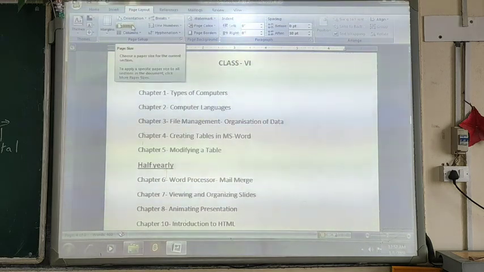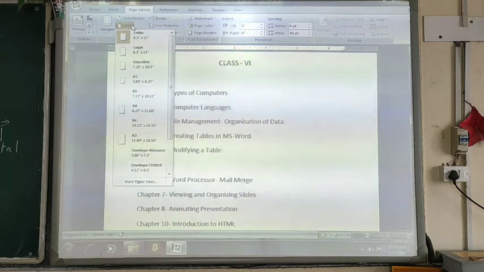Now you can see there is the option Size, and as you click on this option, there are different sizes of paper already defined by default within the system, like Letter, Legal, Executive, A5, B5, A4, B4, A3, Envelope, and you can scroll down to get more options.